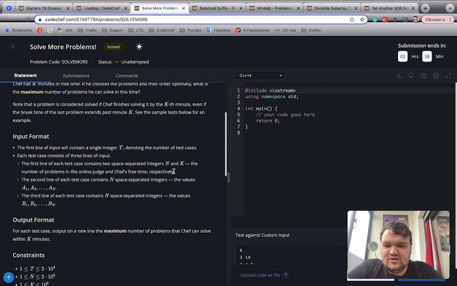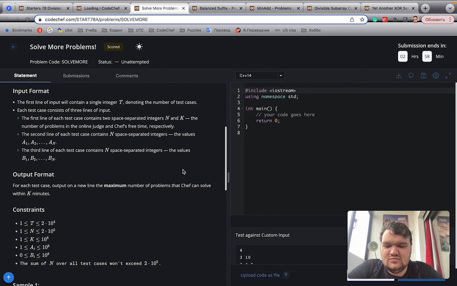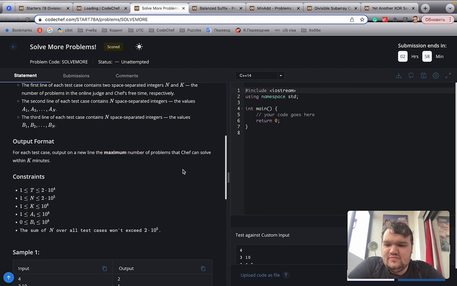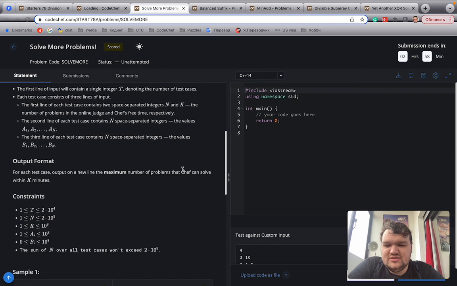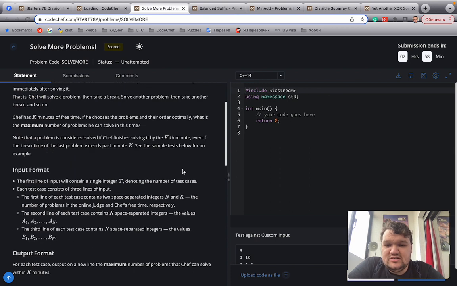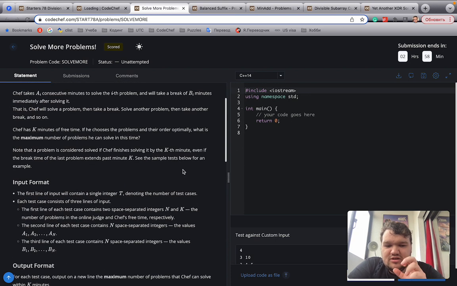We have a limit on how much time we can spend, and we want to solve the maximum number of problems within this limit. So we solve a problem, take a break, solve a problem, take a break, and in the end we solve a problem, and that's it. And that should fit